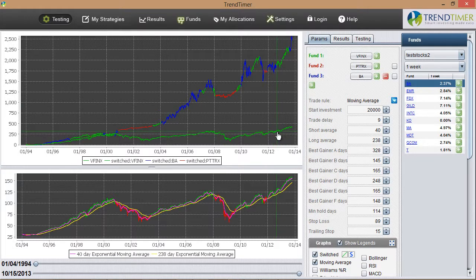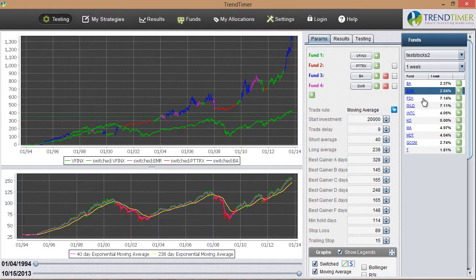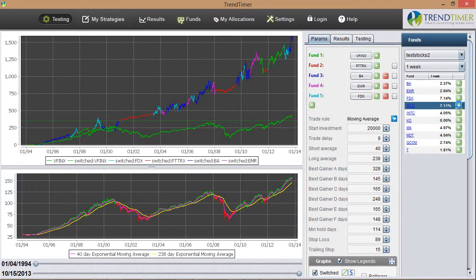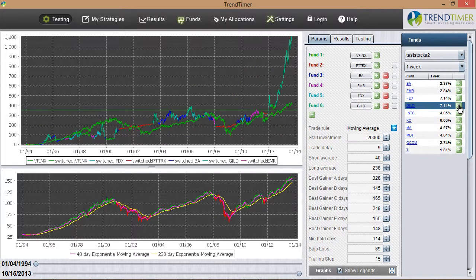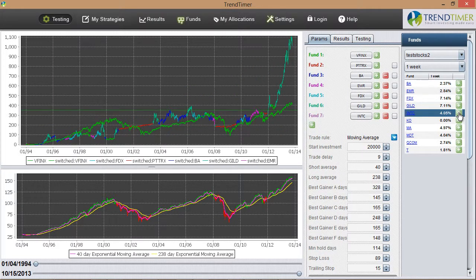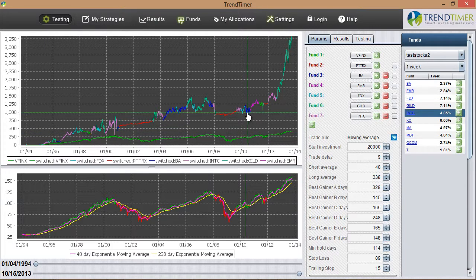So let's add some additional stocks. Let's first add Emerson, FedEx, Gilead Sciences, Intel. So you can see every time I add a new stock, the result here changes a bit. Let's add some more. Coca-Cola,